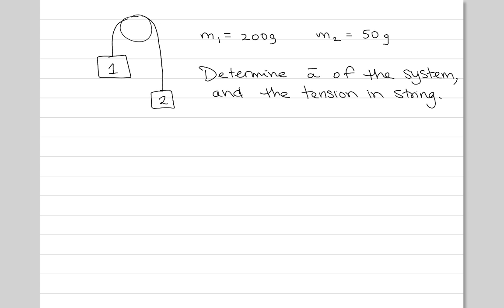So we said that the pulley, all it does is change the direction of the forces. Okay, so what we can do is we can draw a free body diagram just in one dimension. So draw 1 connected to 2,